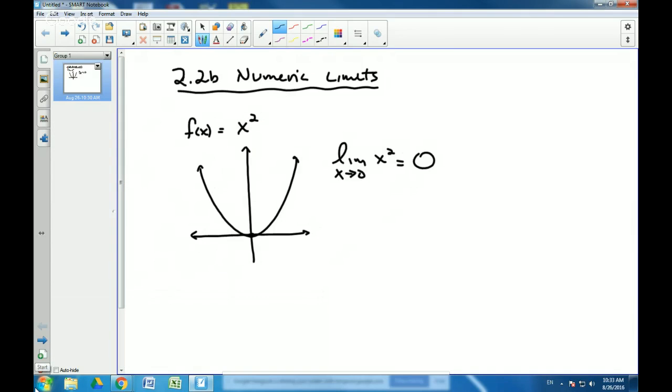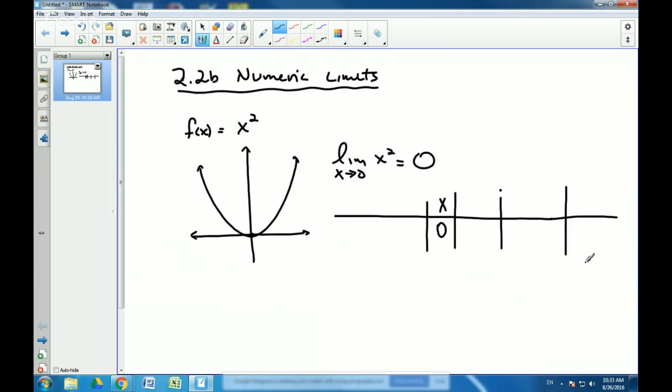If we needed to analyze this numerically, this is going to look familiar for most of you. X is approaching 0, correct? We need to analyze it from the right side and from the left side numerically. So if we have 0.001, remember this? See how we start a little ways away, and from the right side we go towards 0. So this should be 0. 0 is our x value that we're approaching. From the left side,